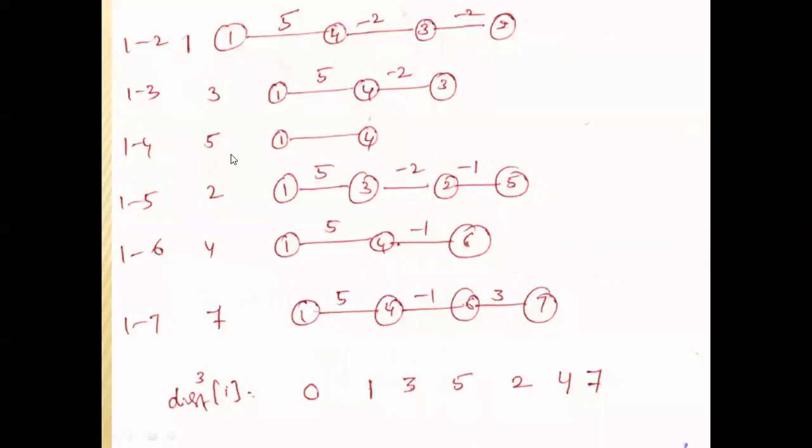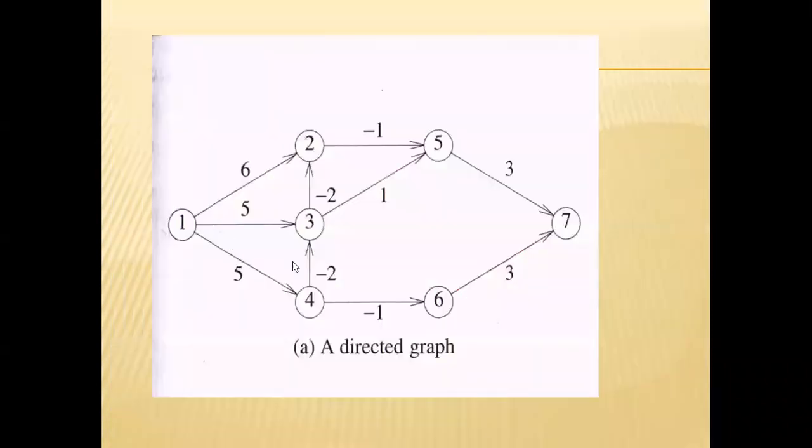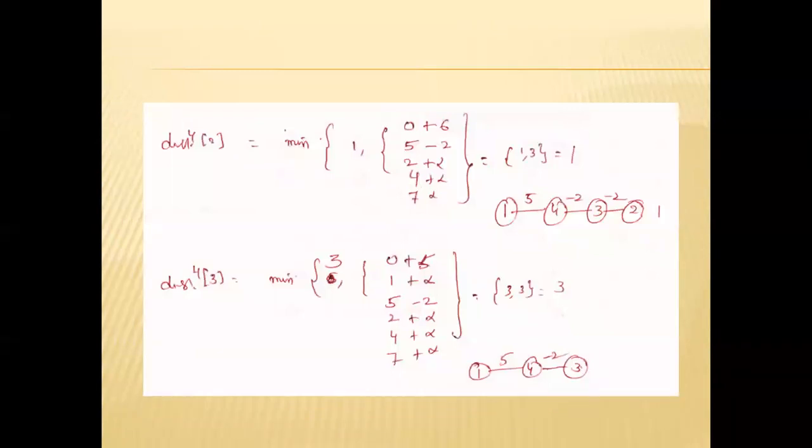Yesterday we were calculating the single source shortest path by using three edges. Next, by using distance power 3, we are calculating the shortest path by using four edges. Suppose any vertex does not have four edges, we just find the shortest path by using four edges. So we use distance power 3, the previous one.